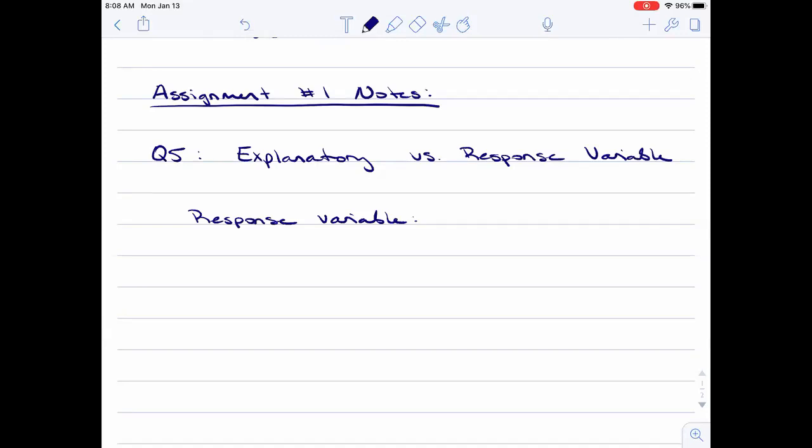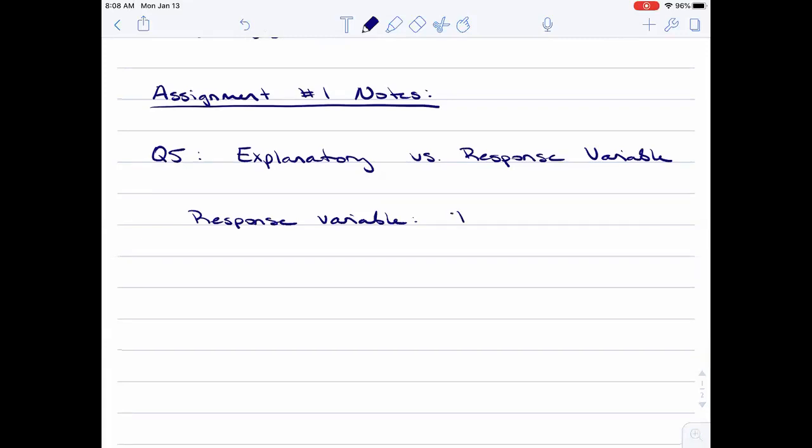So the core thing that we're interested in measuring is our response variable. Everything else that we measure, things like how much sun it gets, how much water it gets, all those are explanatory variables. Okay? And so the response variable in a research question